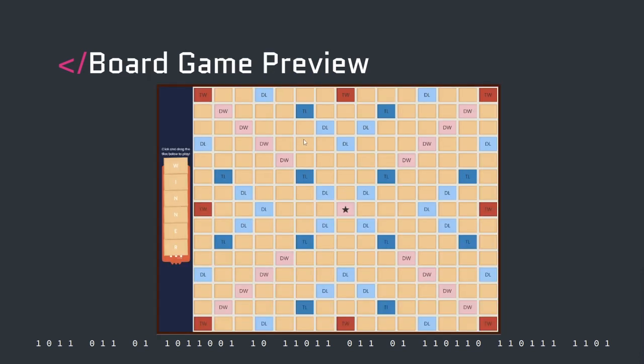This is our board game preview for our Scrabble board that we created for the class. It's just a typical 15 by 15 Scrabble board that everyone's used to seeing. And inside the Scrabble board, there are tiles that help bring bonus points. As you can see, there's diagonal lines made with the tiles, such as the double word score, the triple letter score, and